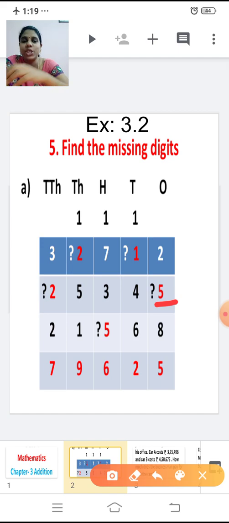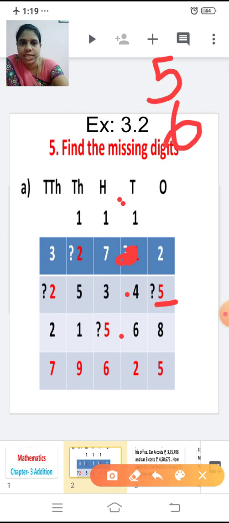Understood children? So now what we have to do is carry one forward to the tens place. Now let's add the tens place. This we are going to find out, right? So now 1 plus 4, or 4 plus 1. After 4 I am going to add only one number. 4 plus 1, 5. With 5 I am going to add 6 more.